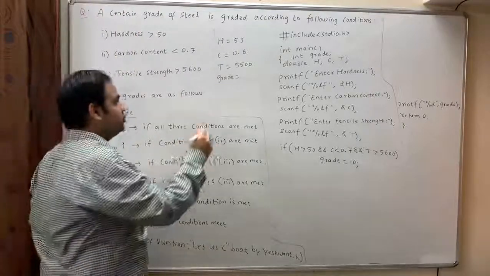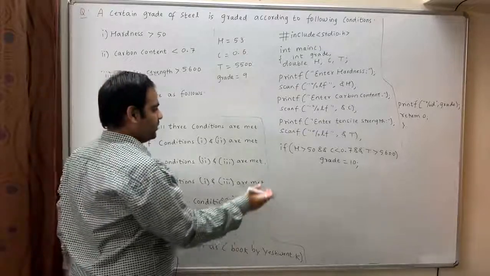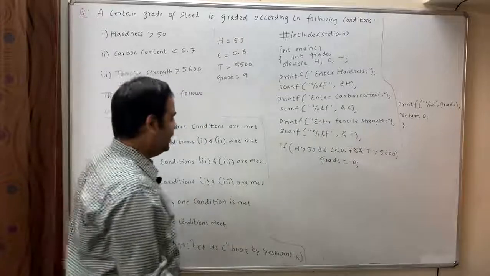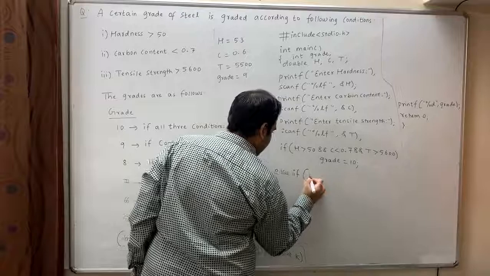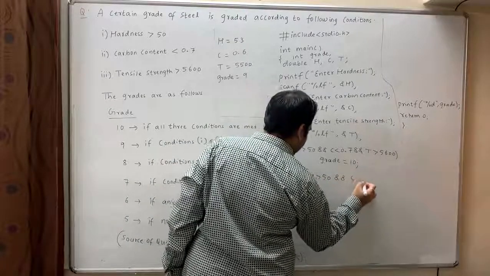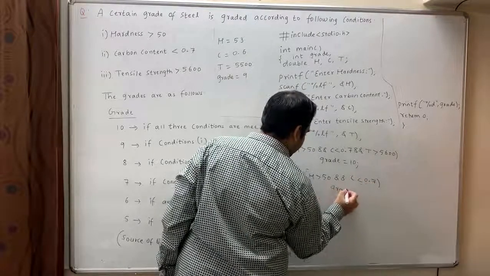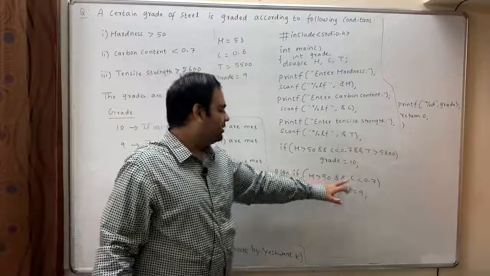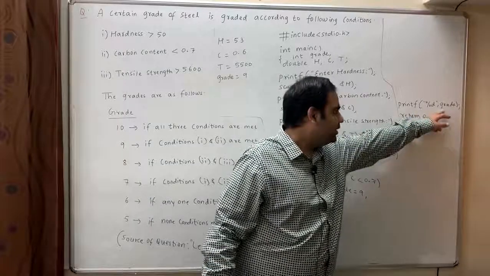Therefore, the grade should be 9. Now check here. This is true, but this is false. Therefore, we need to write the second condition: else if hardness greater than 50 and carbon content less than 0.7, then what should be the grade? Grade is equal to 9, right? 53 greater than 50, 0.6 less than 0.7, true, grade is 9, no other thing should be evaluated, and 9